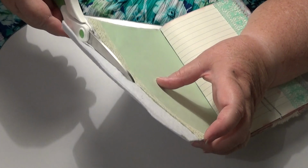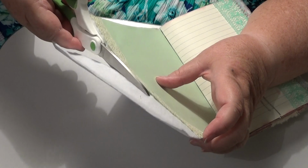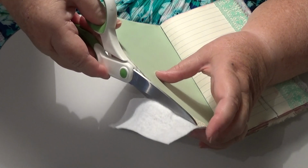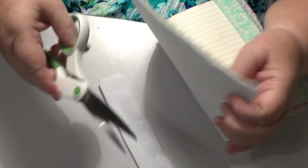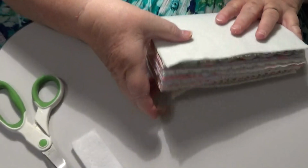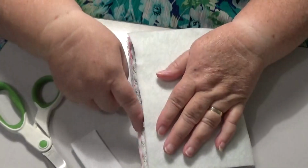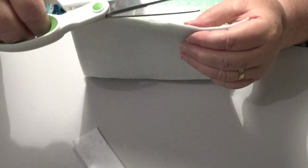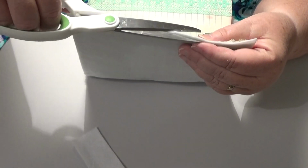If you go like this too, this is considered chopping it, Sonia, isn't it? And you don't get a nice finished edge if you chop it. Look at that. You see where it's chopped? Okay, I'm going to have to bring it closer to me. I'm sorry if you can't see it, but I'm just going to trim it up here so it doesn't...